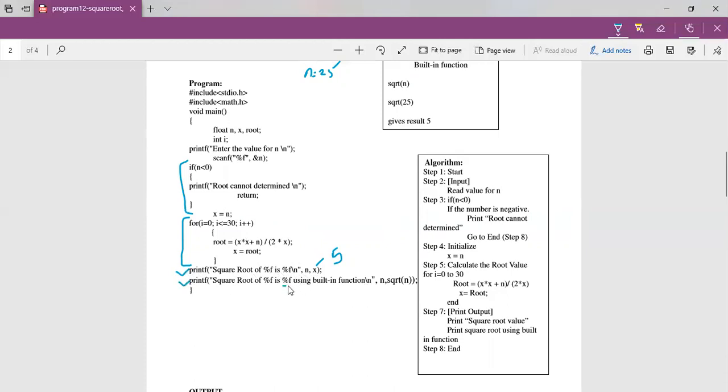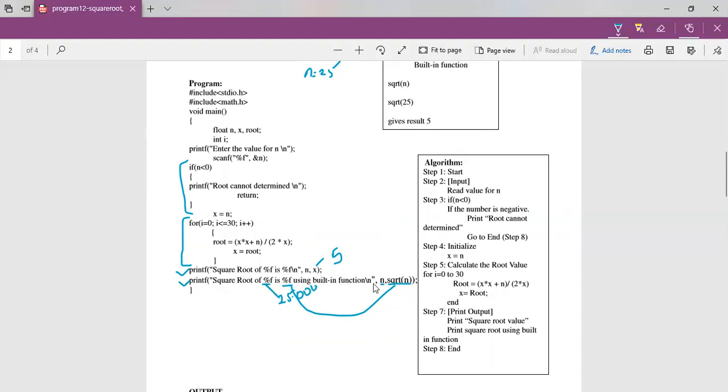So the first %f will definitely be the value of n, which is 25.00 followed by 6 zeros. Then the second %f will have the value calculated for square root of n. So square root of n is nothing but square root of 25, which is 5.